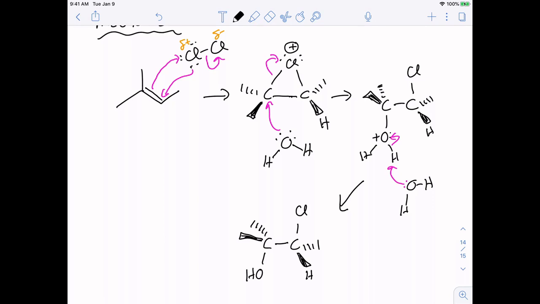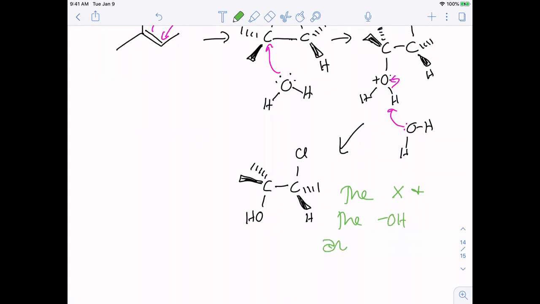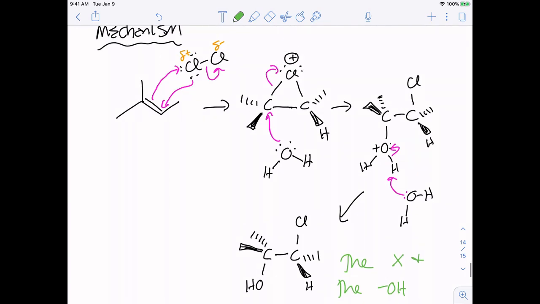So anti. So the halogen and the OH group, the hydroxyl group, are anti. Here we attacked the more substituted